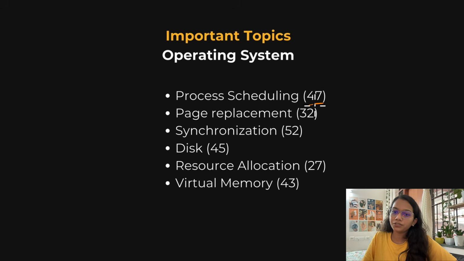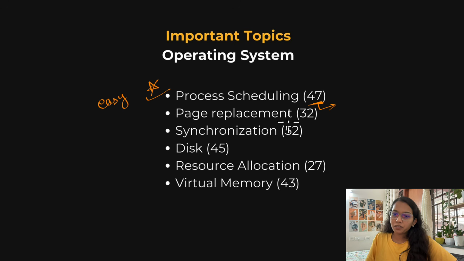You can see from process scheduling, a total of 47 questions came in the previous years. In process scheduling, this is also a very easy and scoring topic that you can study. You have to study some algorithms like FCFS, SJF, LRTF, etc. The questions from process scheduling that came are very easy. So you must study this topic and don't leave operating system completely. If you are planning to leave this completely, don't leave it completely. At least study this topic, process scheduling.